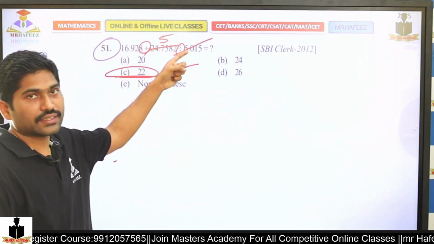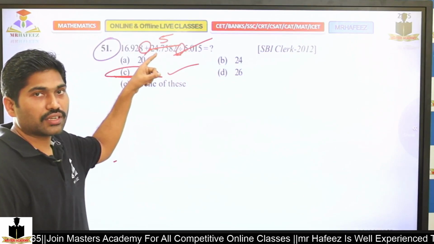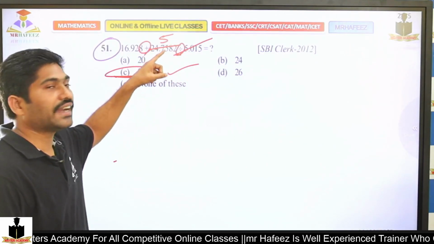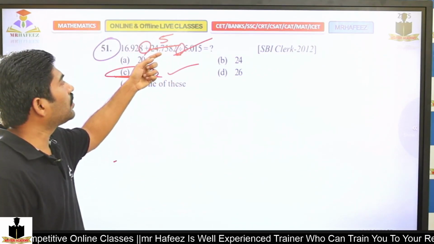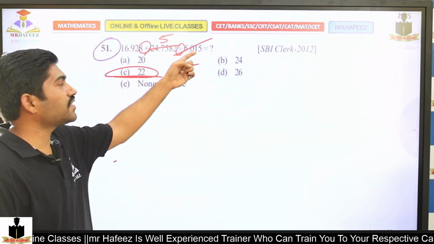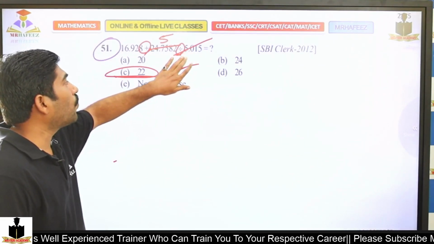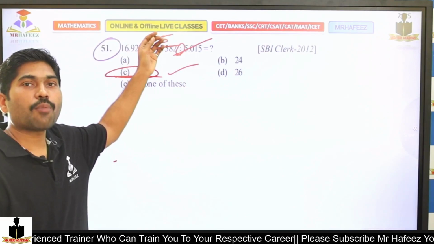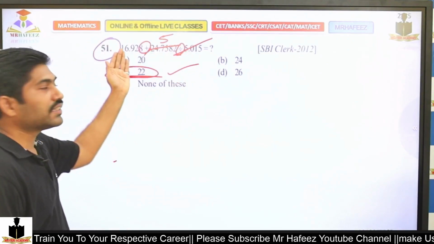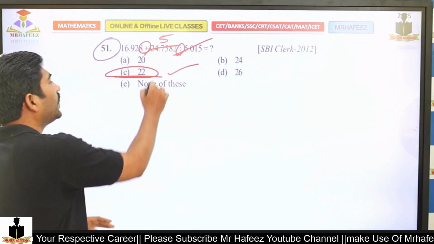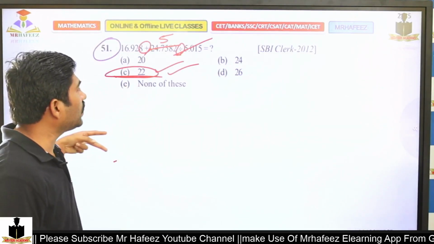The reason is, this is not 5, this is 5.015, and this is not 24, this is 24.7582. That is lesser by 0.25, and this is more by 0.015. So I will get a value approximately 5, a little more than 5. So if I add that, I'll get 22. So I can guess the value here is 22.